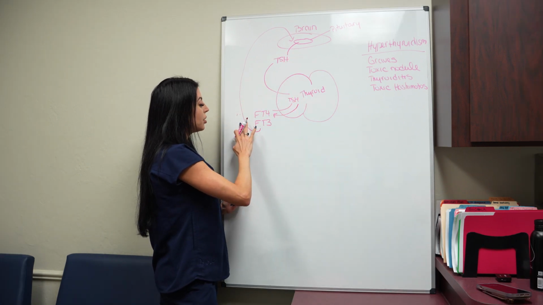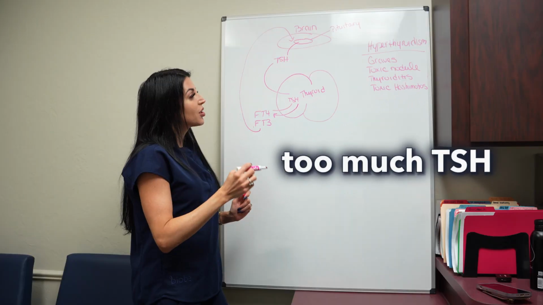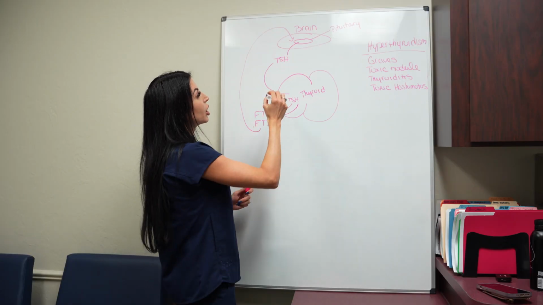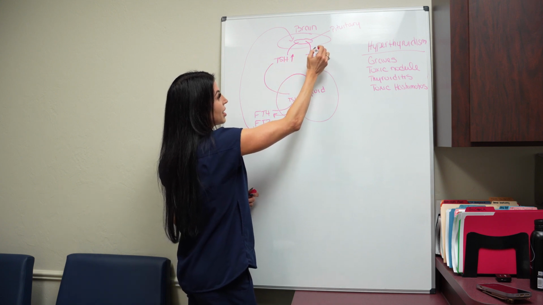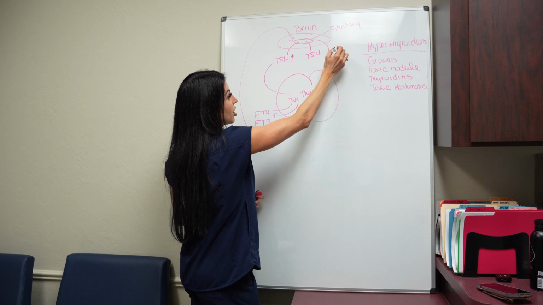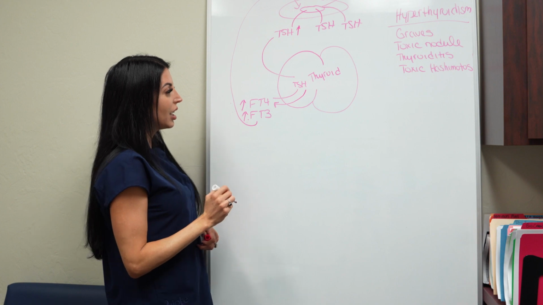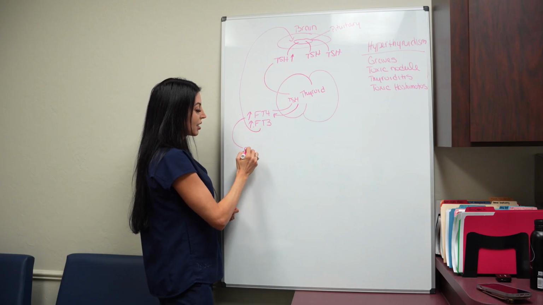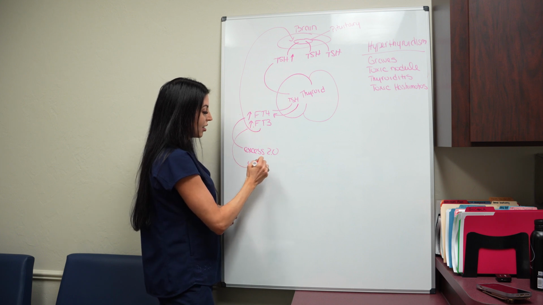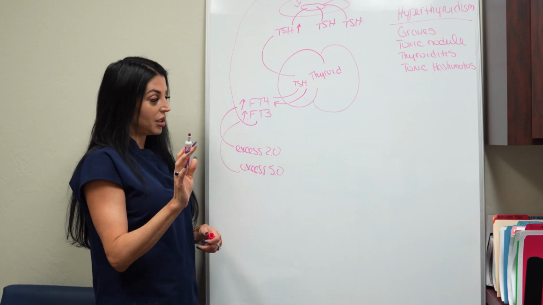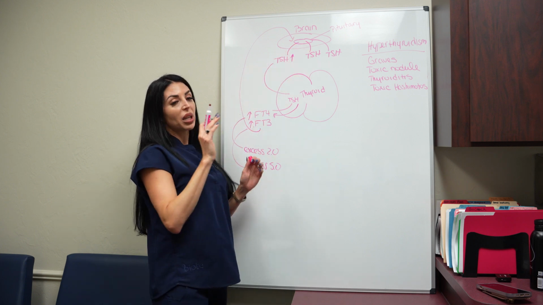So the problem will lie if you have too much TSH. So there are conditions where your brain makes more TSH. So it's making TSH and it's making TSH, even though your free T3 and free T4 levels are high. These free T4 levels, this means in excess of 2, and then a free T3 level in excess of 5, not on thyroid medication. If these levels are high, when this goes back to your brain it should sense, oh my gosh,